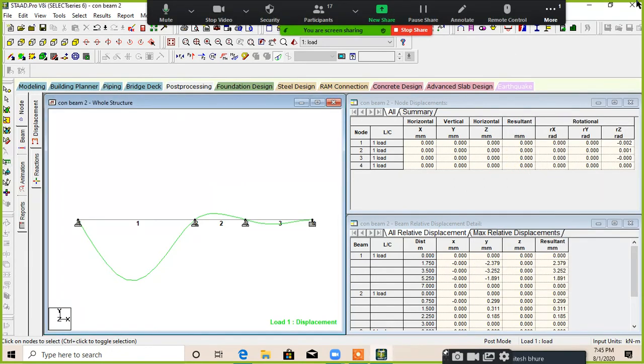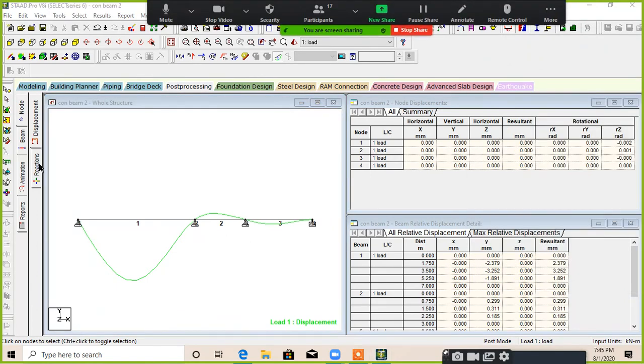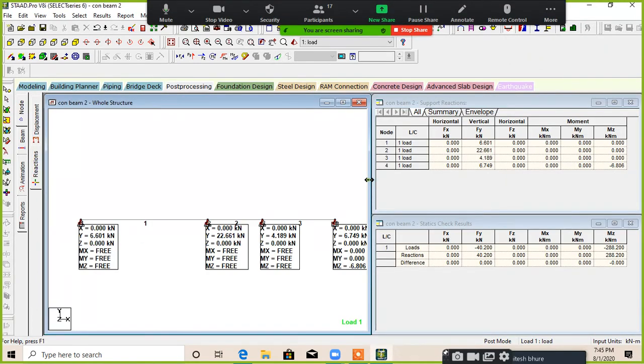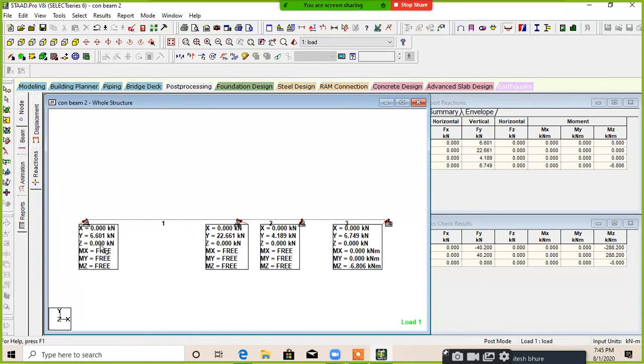Like that you can see reactions. Just go to Reaction and you will find all the reactions in x, y and z direction. We have not applied a force in x and z, so there will be no reaction. We applied a force in y direction, so reaction will come in y direction only.